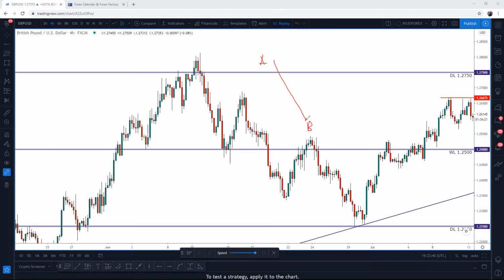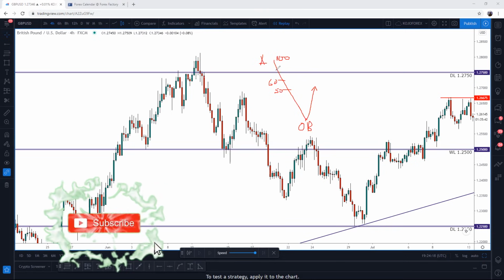Before the market will continue from swing point A to swing point B to the next point, it makes a retracement or a pullback, as you may call it, right? So it pulls back into a previous movement, in the opposite direction of the previous movement. In the course of that pullback, the Fibonacci tool measures the probable percentage of that pullback. So if here is A and B, we could label it as 0, or let's say 100, and here being 0, right? If this is 100 and this is 0, it's safe to say that the midpoint would be 50, and somewhere here could be 60, and somewhere above here could be 70, right?